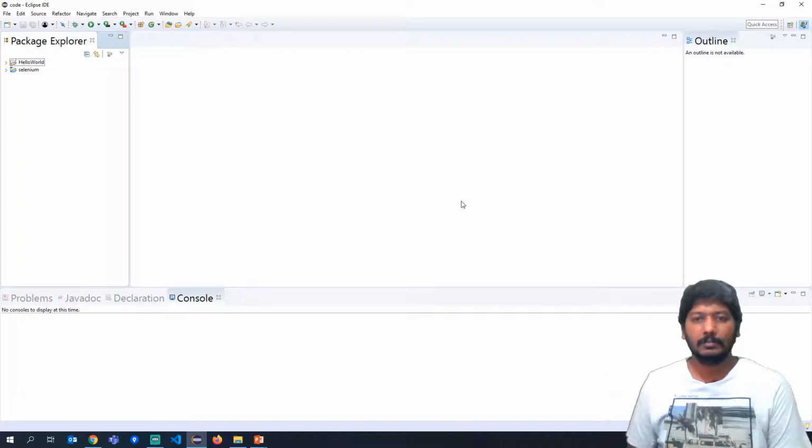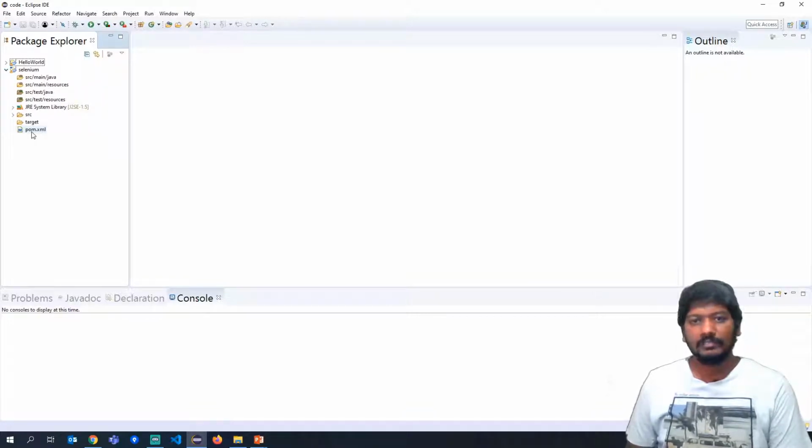Now it will take some time for the project to be loaded, and because this is a Maven project, it will try to enable some configurations. If you see here, it has created a new project called Selenium, and under this you see something called pom.xml.